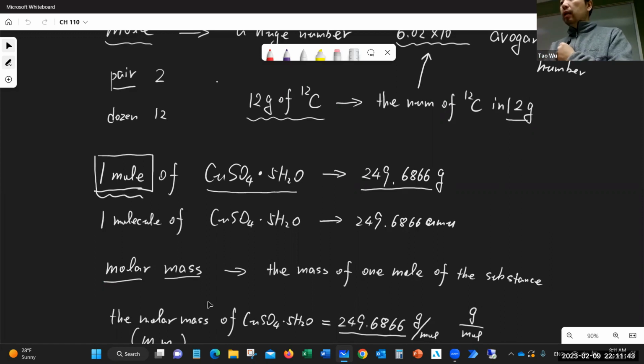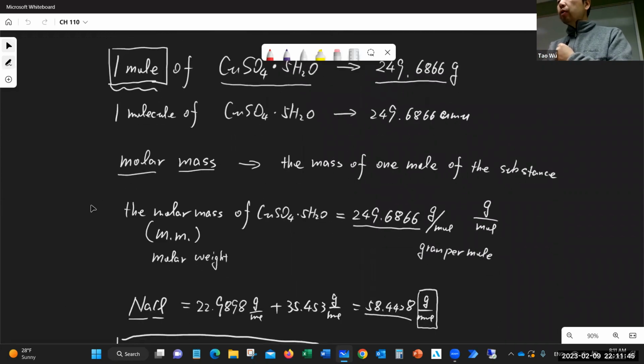Okay, and we also talked about how to figure out the molar mass of a certain compound. You just need to figure out how many of each of the elements are in those compounds, and then you add the molar masses of those elements all together. That's it. For the hydrate, since this one has some water attached,